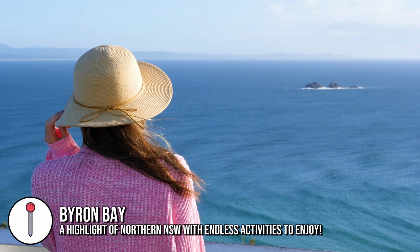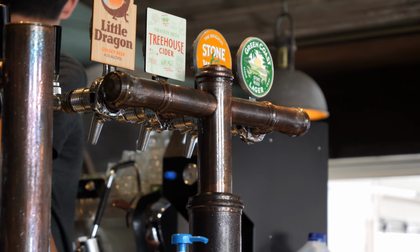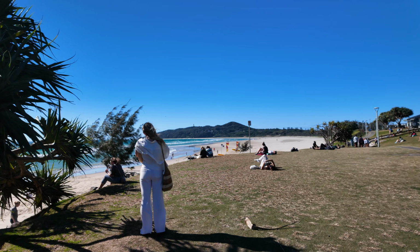The farm is situated about a 10-minute drive outside of Byron Bay, and Byron Bay is a place that you should have in your Northern Rivers itinerary. There's quite a few things to do there depending on what you're after. You can go and hit all the cafes, you can go surfing, go and just chill on the main beach. It's a beautiful grassy area overlooking the beach as well, which people like to go and have a picnic or